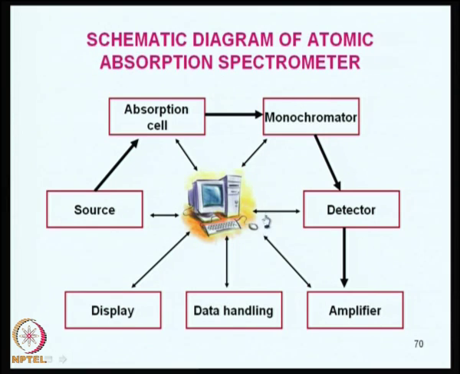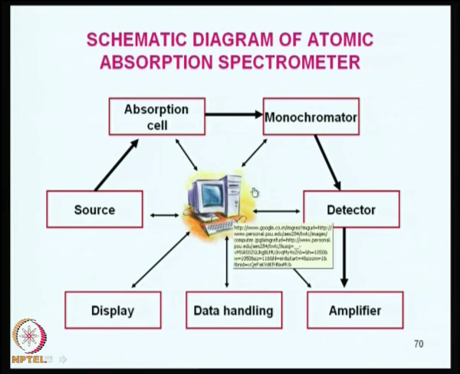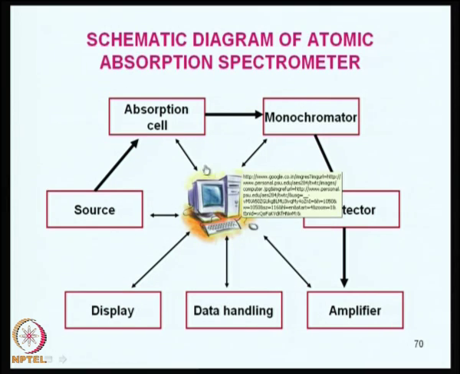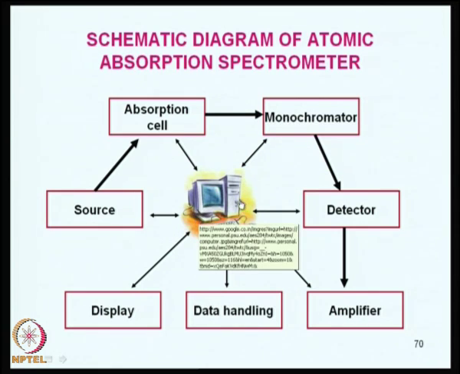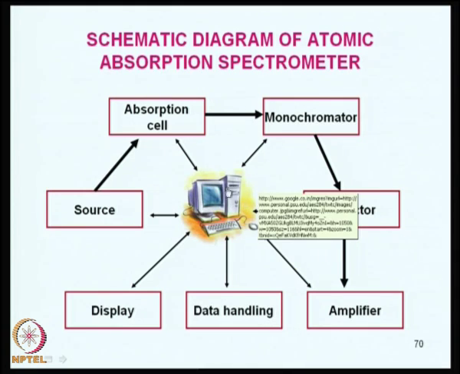All these tasks can be done by the computer, and this is where atomic absorption spectrometry scores over many other equipments, because most of the functions are taken over by the microprocessor and the computer, and it leaves minimum for the practitioner to do